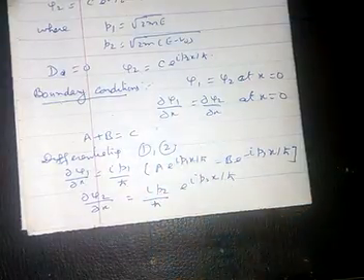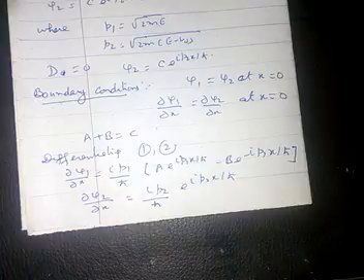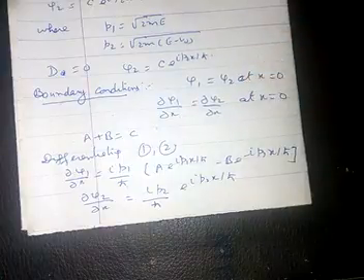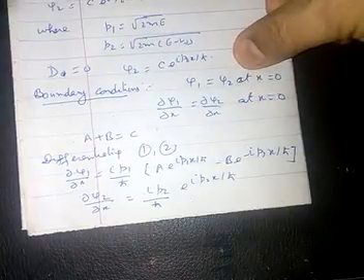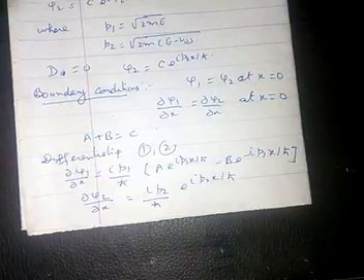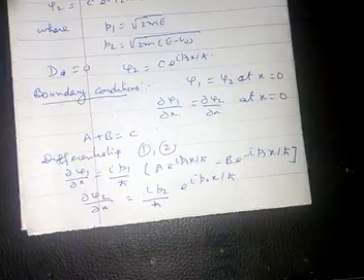So the boundary conditions in this case may be represented as follows. The continuity of psi implies psi1 equal to psi2 at x equal to 0, and the continuity of dpsi/dx implies dpsi1/dx equal to dpsi2/dx at x equal to 0. These are the two boundary conditions. Now applying the condition psi1 equal to psi2 at x equal to 0 in equations 1 and 2, we get a plus b equal to c.